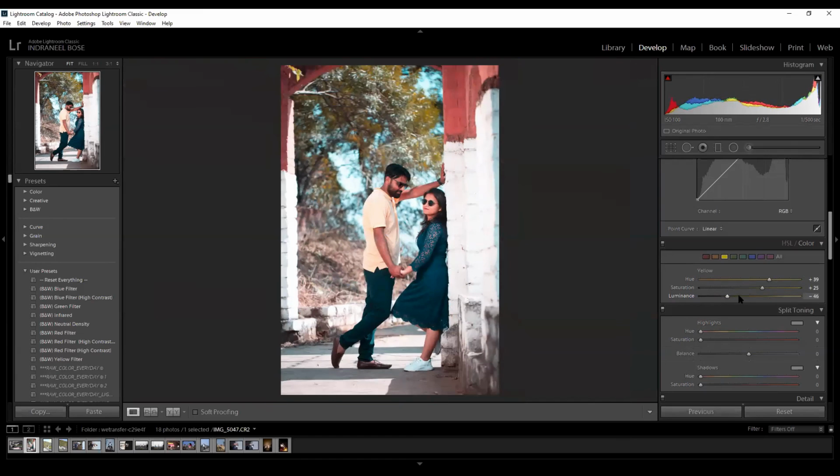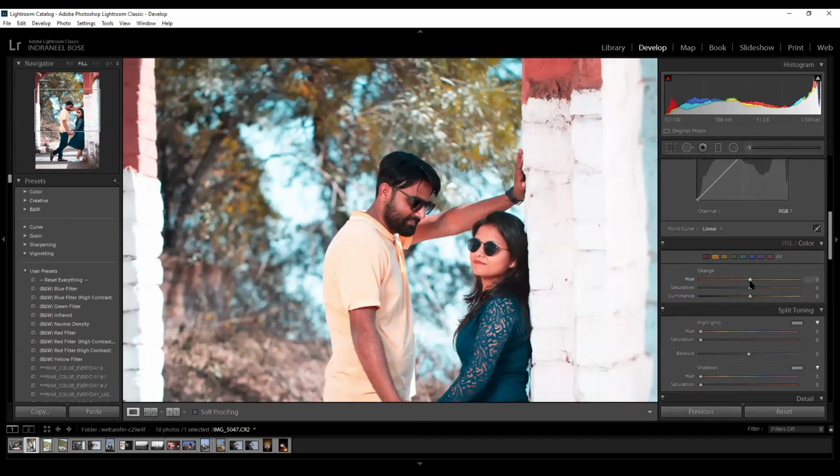So with masking you can do, or with the proper color balance. Now orange is the proper skin tone that we have. Now if you go towards the yellows, you can see the yellows are coming out a little more.